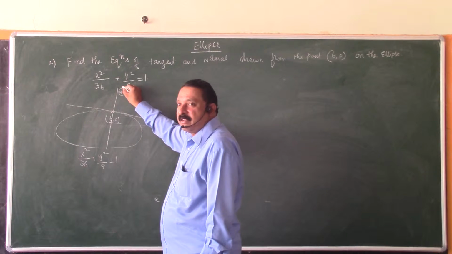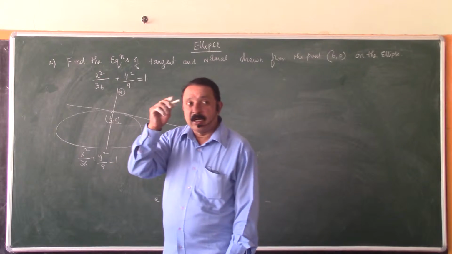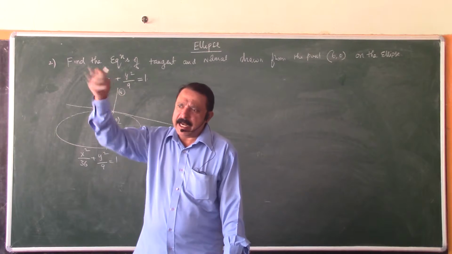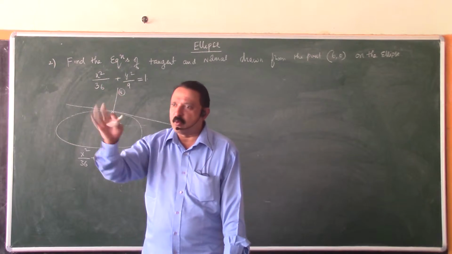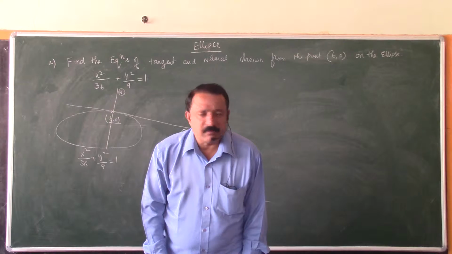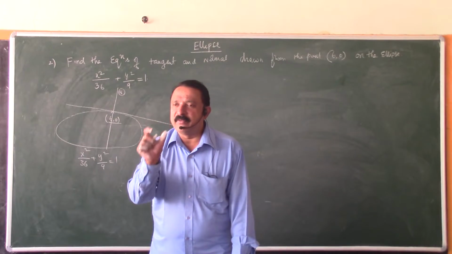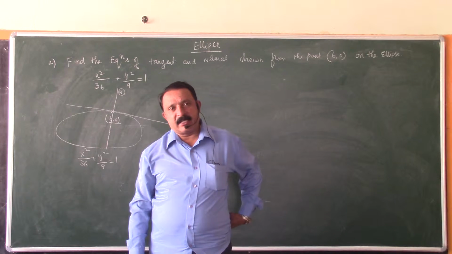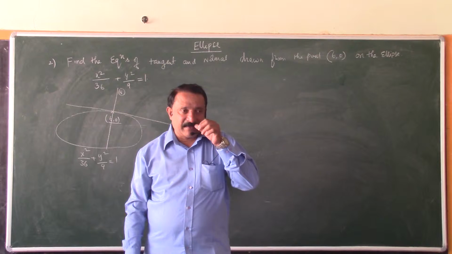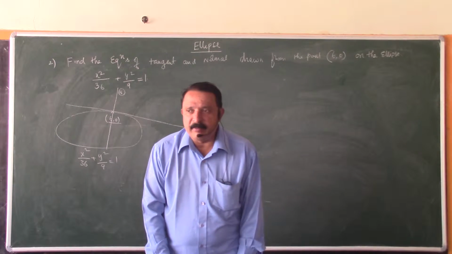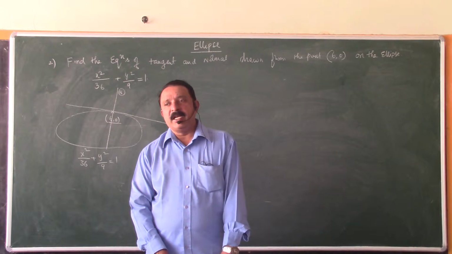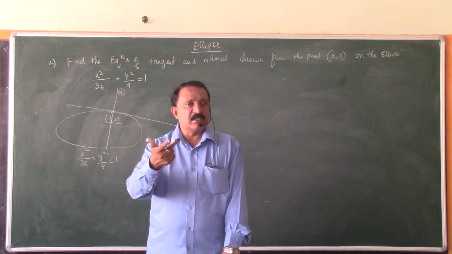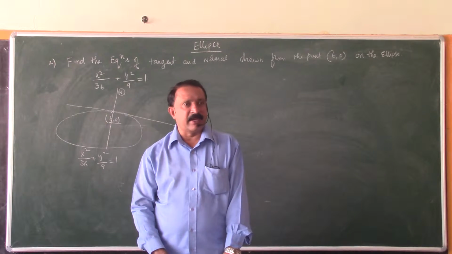In this case, the given curve is an ellipse. This method is applicable not only for an ellipse. Remember, if you have been asked to find the equation of tangent and normal to any curve, whether it is an ellipse, parabola, whatever it is, just differentiate the equation of the given curve, find dy by dx at the given point, and use the formula for tangent as y minus y1 equals dy by dx at (x1, y1) into x minus x1, and for normal you just take the negative reciprocal of the slope with the same formula.